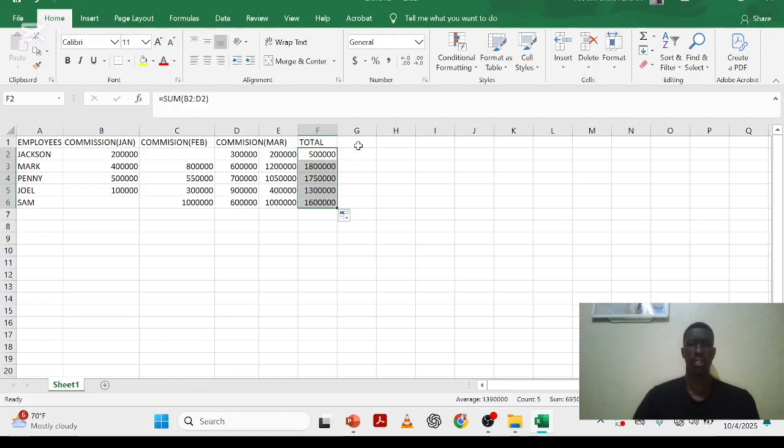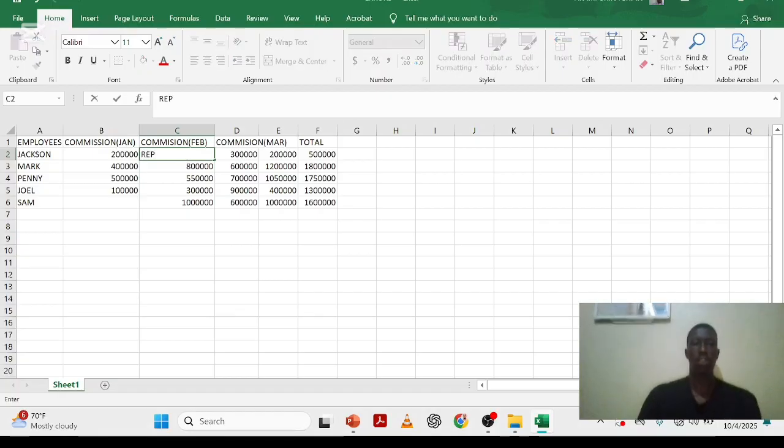Then another error we may see comes if we want to divide. For example, let's put a value in this. We put rem. So we say equals and divide this by